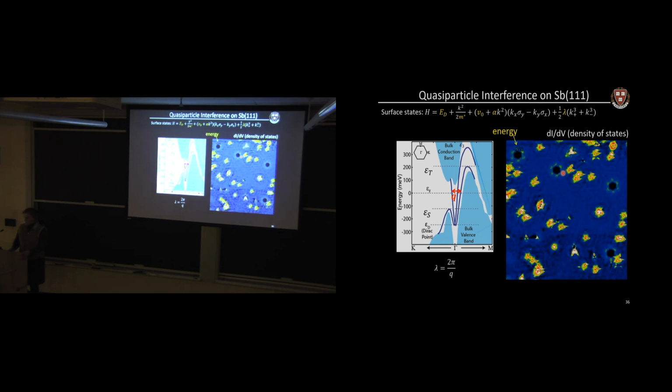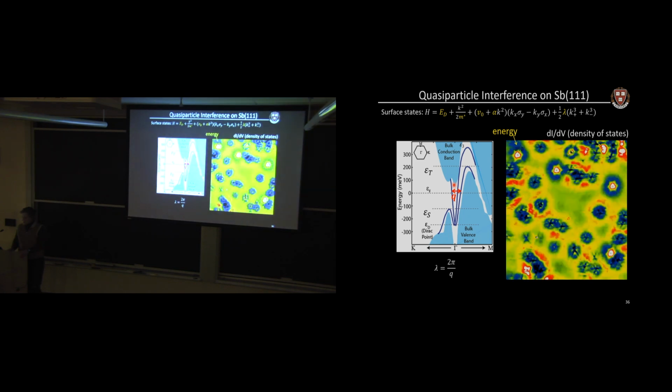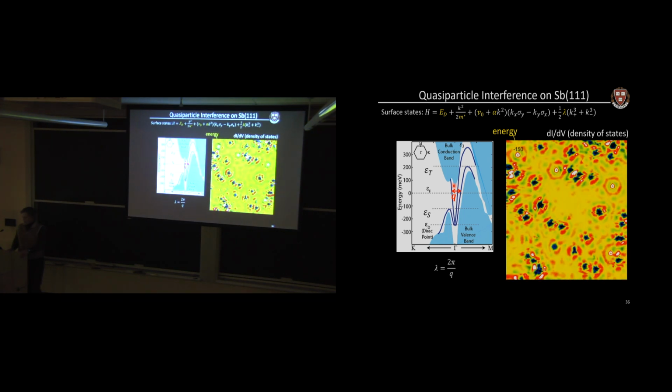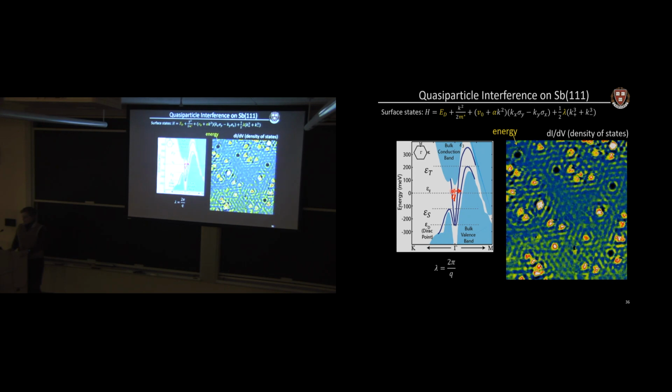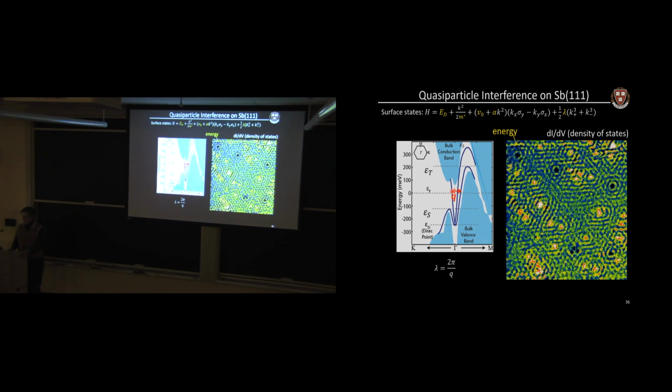So I'm going to play a movie now, and this is real data. The previous one was a simulation, but this is a data set that took about 4 days to acquire in our STM at liquid helium temperature on antimony. And this energy here, which is unfortunately not super visible, is going to start right down here at the bottom, and the movie is going to run all the way up here. And so as the movie runs, you should see the wavelength getting shorter and shorter and shorter as the wave vector gets longer and longer and longer.